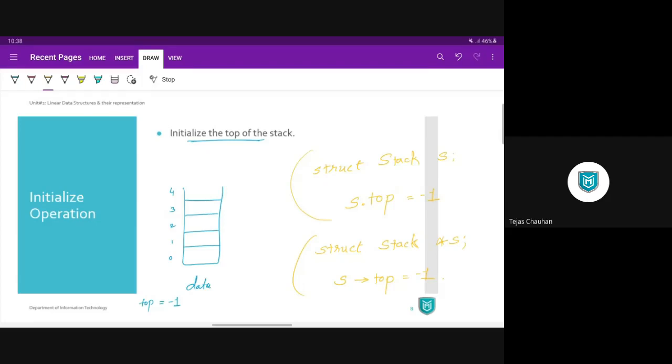Now, whenever we write code for operations on stack, we are going to manage this top. As a developer, we need to manage all the variables and the data part. The user is just going to call those functions, those operations. But as a developer, when we define or develop our data structure, we need to write the proper code.